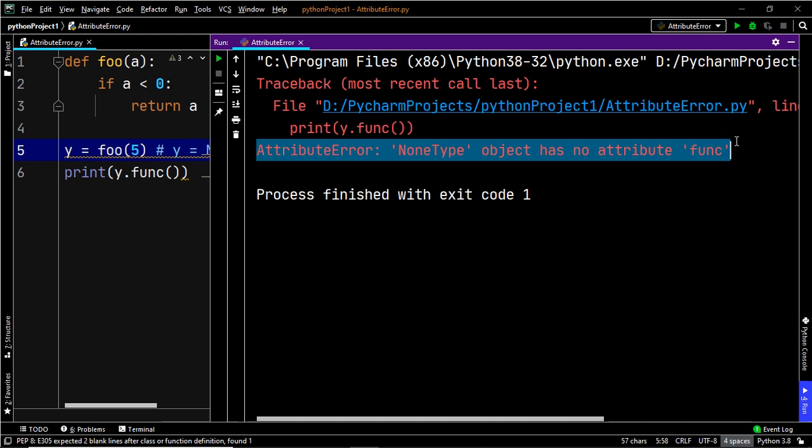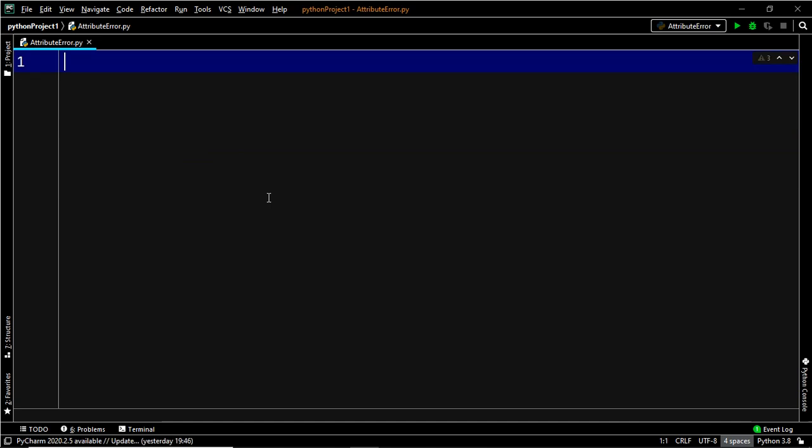So this brings us to the next phase of our discussion. That is, how are we going to deal with these errors? Now we have an understanding of what this attribute error is and how and when this occurs. But how are you going to deal with these errors? So let's go ahead and have a look at a simple solution which will help us to deal with these errors. You can deal with these errors in two ways. The first way is to use the if-else block, and the second way is exception handling. That is, you can use the try and except blocks to overcome these scenarios.